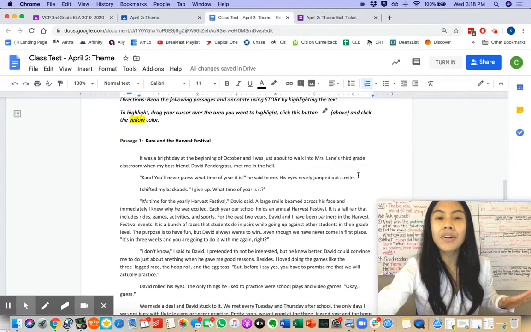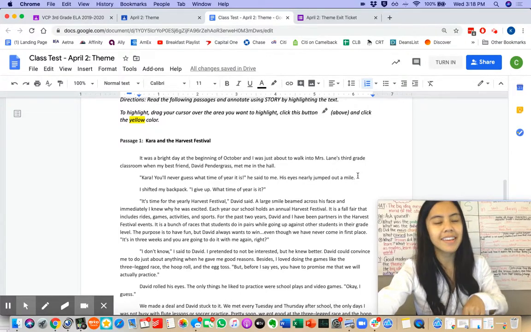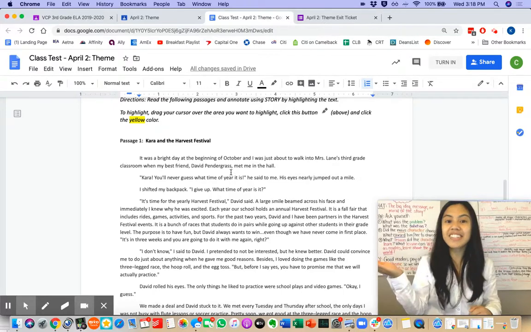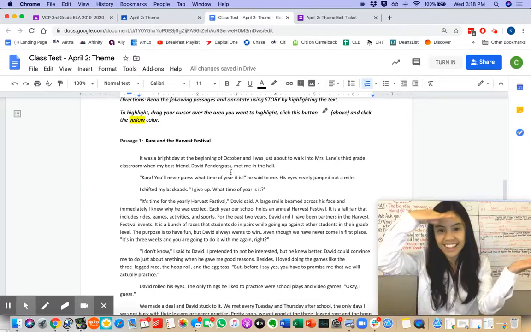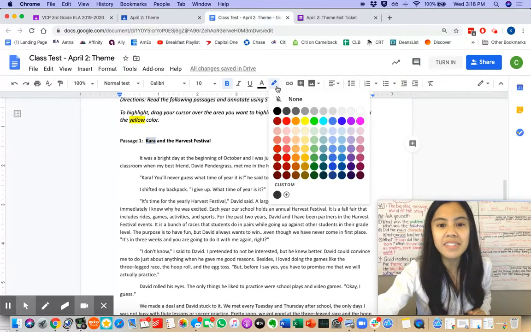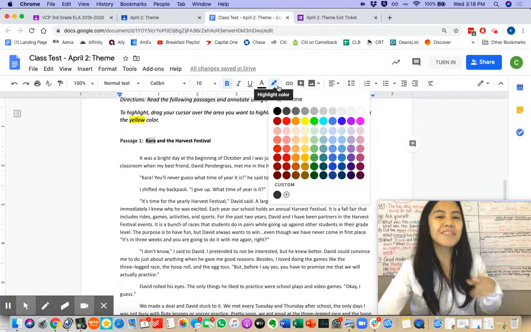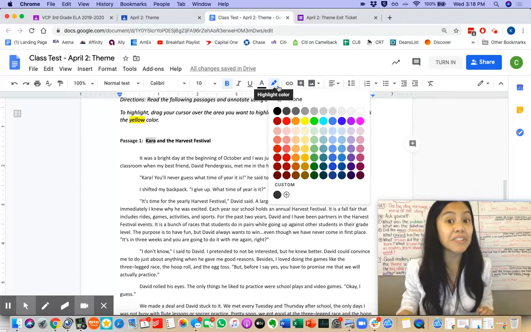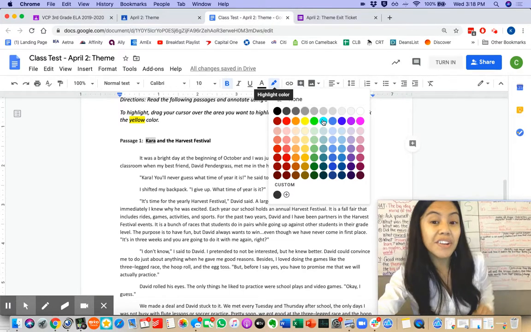Scholars, I've heard a lot of evidence for my planners. Did you? Yes, we heard the characters and setting. Kara is one of my characters. So again, I'm going to highlight that with my mouse, click my marker symbol, and because you've been working so hard, let's go ahead and pick your favorite color today. My favorite color is blue.